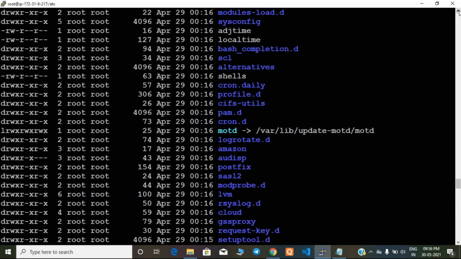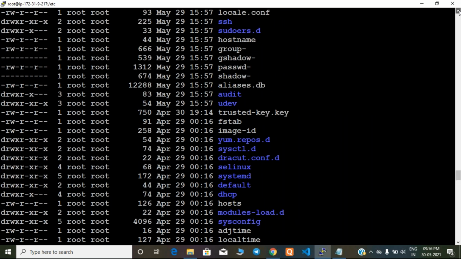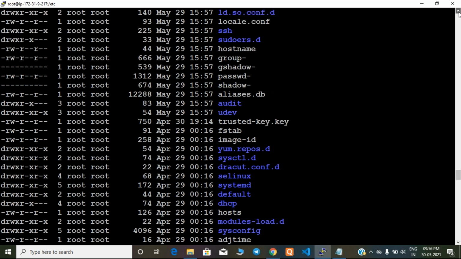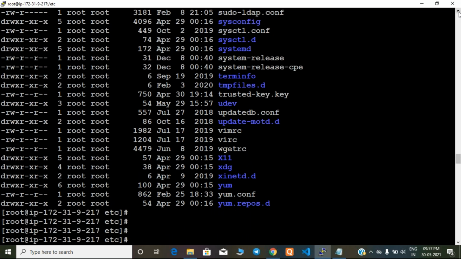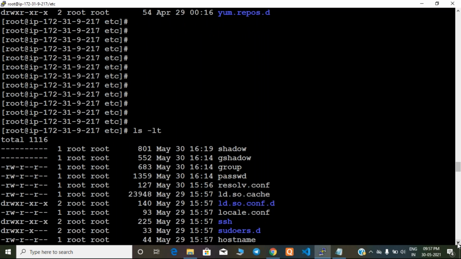Maybe this is a brand new server, guys, but all these files are from the image which you have taken. You may think, my system was just created, how can all these files show older dates? It's because you used an ISO image to create the OS. That image is from older days. See, the latest one is showing on top.